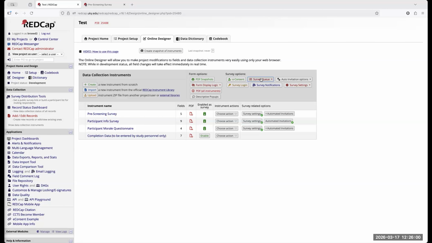If there's a bunch of them being used, REDCap will most likely just choose one that it wants to use, but it may not be conducive to what you're wanting or how you're wanting it to work on your project. So again, I know a lot of you will be thrown into a project that's already in circulation, and you're just kind of poking around trying to figure out what's going on. Those three things, if it's a multi-survey project, you need to check: survey settings, automatic invitations, and survey queue. That way you know how the surveys were working before. And if you need to change them, that's where you do that.